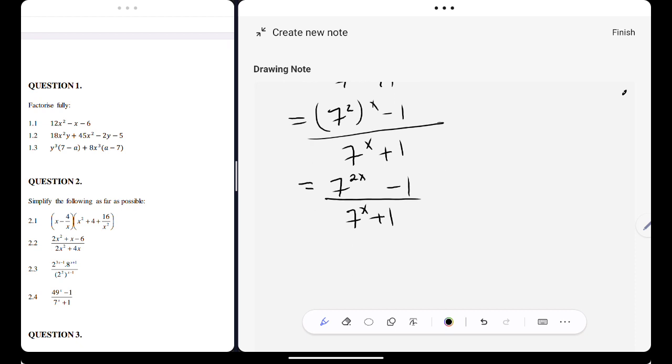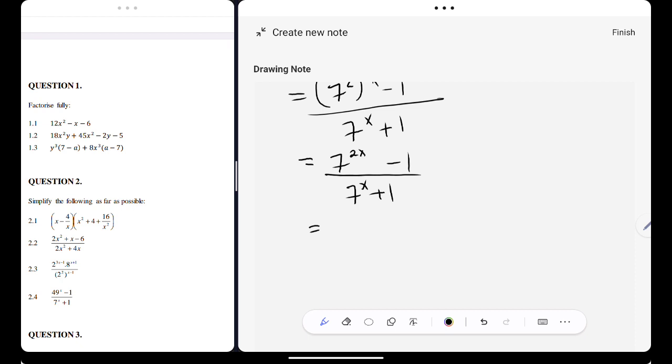If ever you have plus and minuses separating your terms, all you need to do is to separate your exponent and then factorize. Here I don't have to separate my exponents because I don't have exponents adding or subtracting one another. So all I need to do is to just